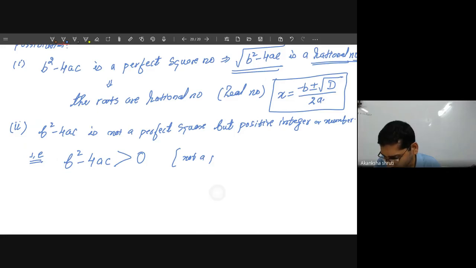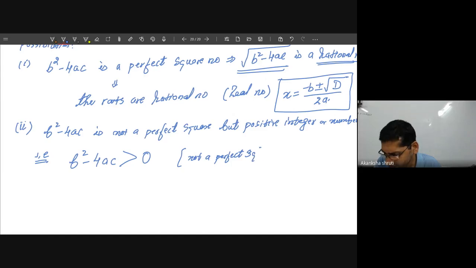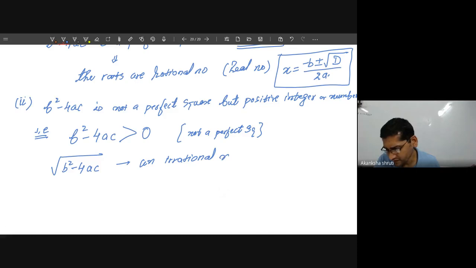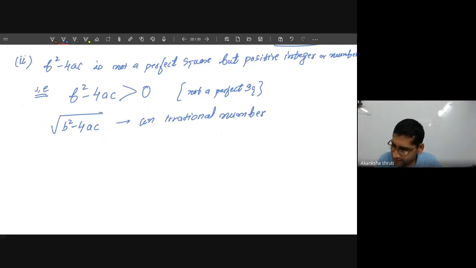But not a perfect square. This is the condition we are taking. In this case, under root of b square minus 4ac will be an irrational number. While this becomes an irrational number, students, now irrational plus or minus rational is what? Irrational. Therefore, x is equal to